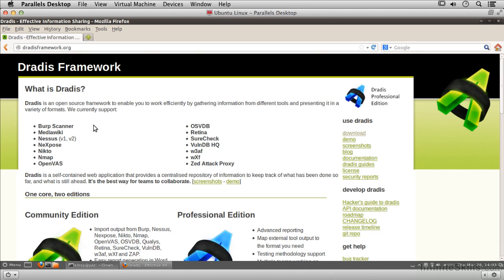You can see here I'm on the Dradis framework website and it gives you an idea of what Dradis is, and here is a list of the tools that they actually support. So we've got Burp Suite, we've got Nexpose and Nessus, Nikto, Nmap, and the W3AF, the Zed Attack Proxy. So there's a number of different tools that it supports the output from, and we can take that output and put it into Dradis, and we've got one place that we can store all of the information,